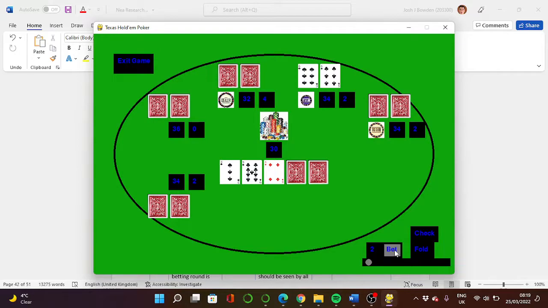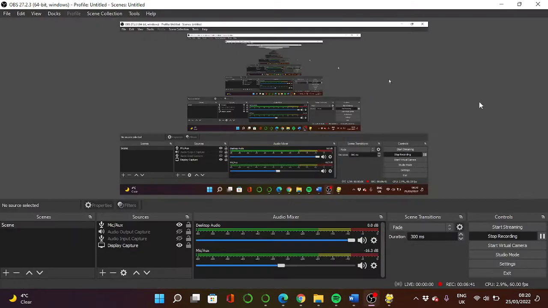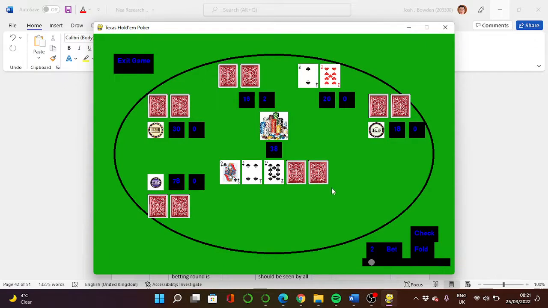So if I go bet 2 for this one, 2 for this one, and 2 for this one. Here, if we run through and make it go to the next turn, the turn should be dealt and the bets for this round should end. So here we can see the turn is dealt and all the bets for this round have been set back